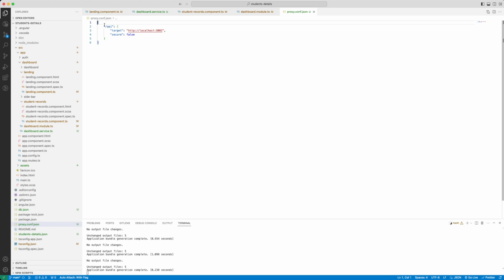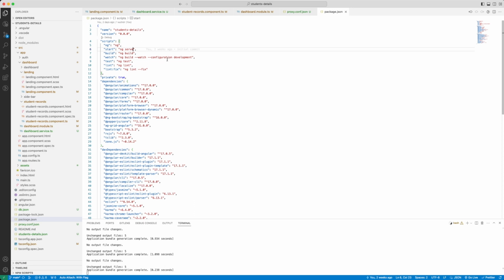The rule says that any URL that starts with /api needs to have a target of http://localhost:3002. And if you remember, while defining the Mockoon APIs, I briefly spoke about this. I said that there is a reason for me to define /api, and the reason was to provide a configuration proxy, to write the APIs with /api as a prefix, to proxy them from the Angular application. So in proxy.conf.json, you need to define this. The target and secure has to be false because we are not rendering it on HTTPS. And once you define this, you just need to open